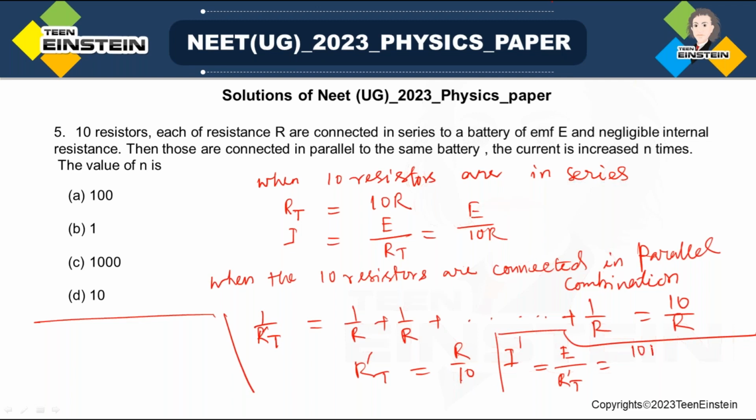So 10 will go in the numerator, and this will be E by R. Look here, this E by R value we can make use of. E by R is equal to 10 into I, so there will be a relation between new current and old current. So E by R is becoming 10I. That means it is becoming 100 into